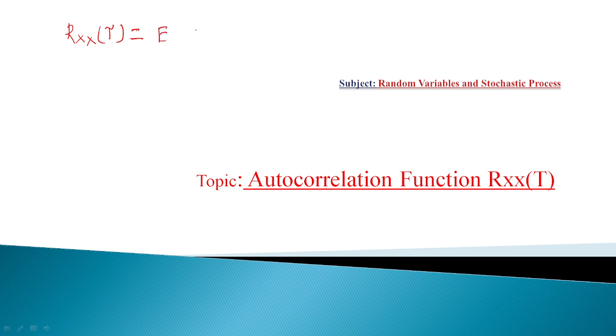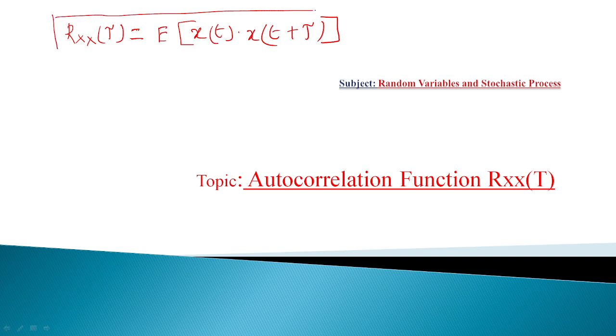This is equal to E of x of t, x of t plus tau, or x of t minus tau. You can take any one. I will explain how you will get this. So this is the autocorrelation, the relation between two signals x of t and x of t plus tau. I am assuming this is the image, denoted with